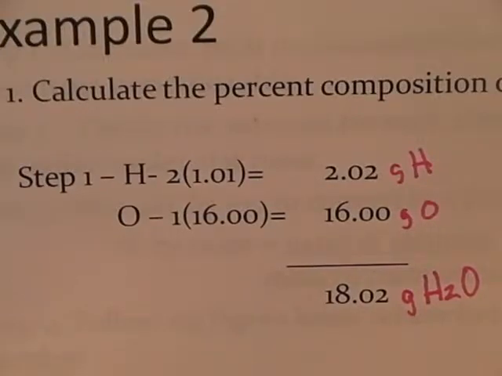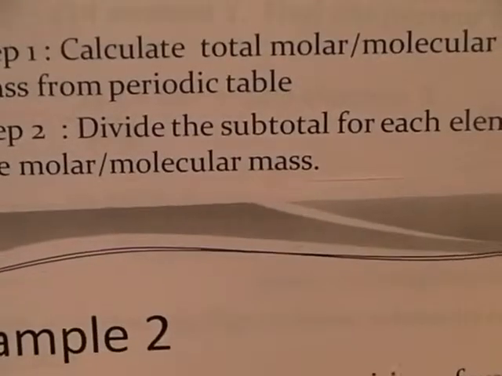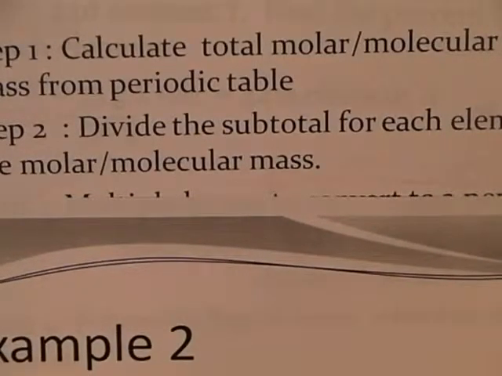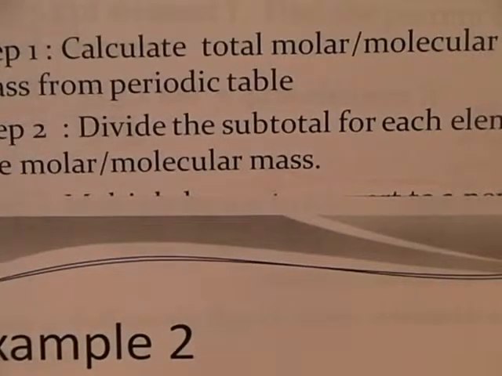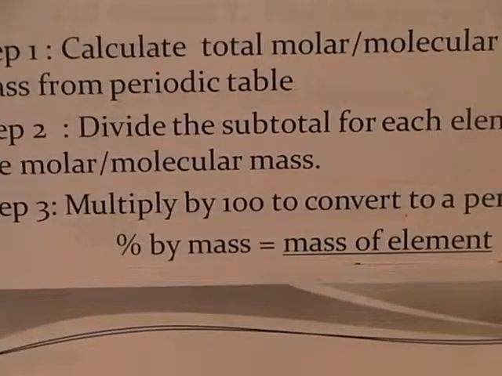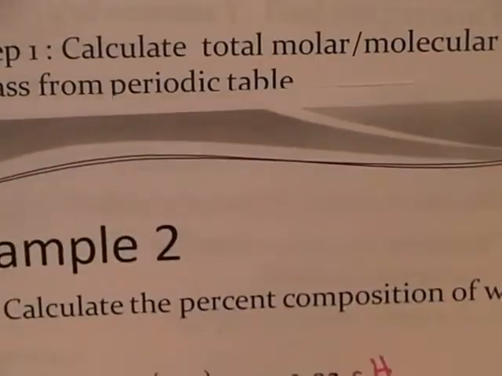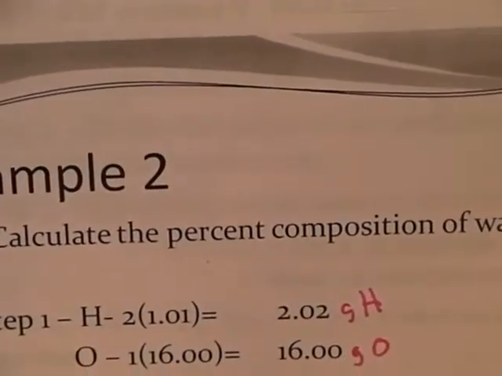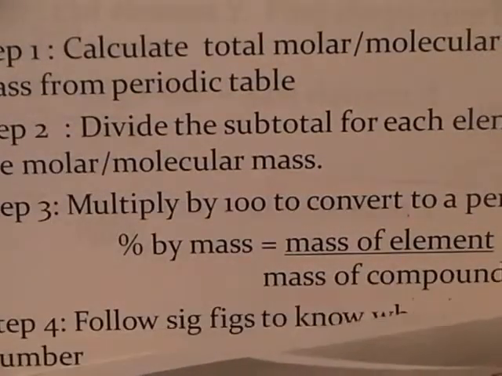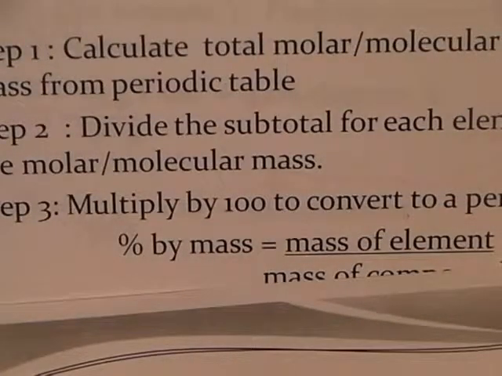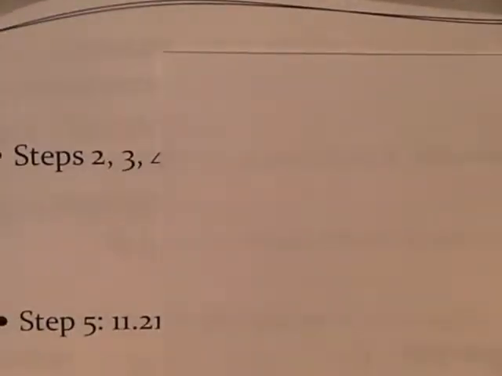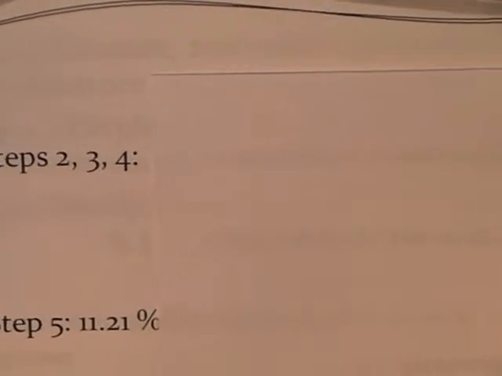So step 2, if you look back at step 2, divide the subtotal for each element by the molar mass, and then multiply by 100. 2 and 3 kind of go together, okay? So we're going to do both of those at the same time. So let me switch these so I can cover the answers. All right, so as it says, steps 2, 3, and I guess really 4, because significant figures aren't